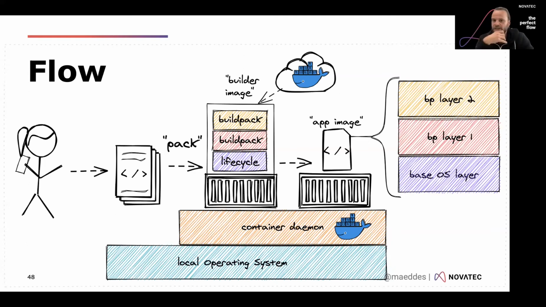Within that, this builder image grabs the code that you have in your local environment. It will run a detection mechanism and say, well, this looks like Go or Ruby or Java or whatever code. So here I have a couple of buildpacks that I can run it with, and we'll try to build the application image out of that. Of course, you can fine tune and configure things. Technically, you don't need it. The idea of pack is also, of course, to make things as simple as possible for you. And for most Java applications, especially Spring Boot and Micronaut, which I've played with, it works really well.